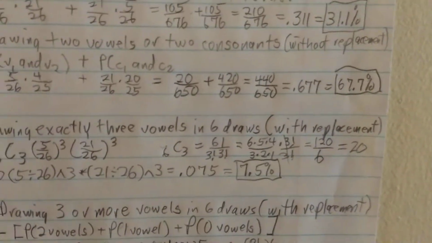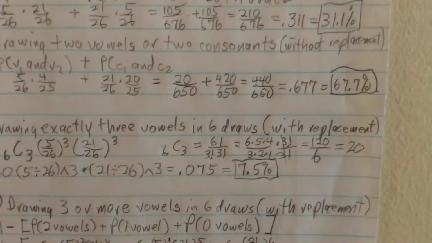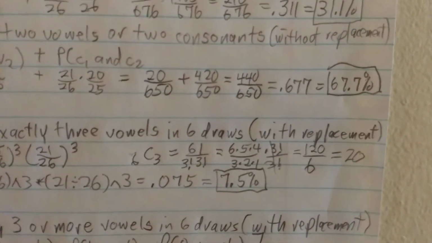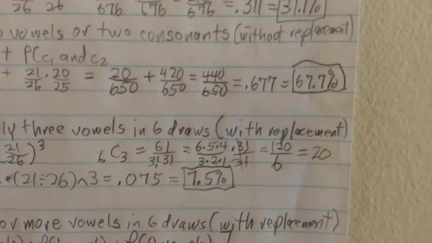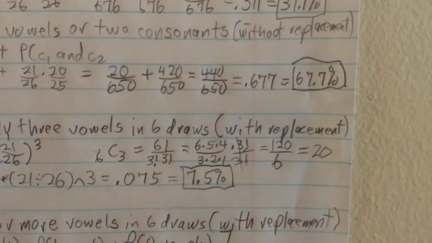So that would multiply out to 20 over 650 plus 420 over 650, adding up to 440 over 650, which is 0.677 to 3 places,